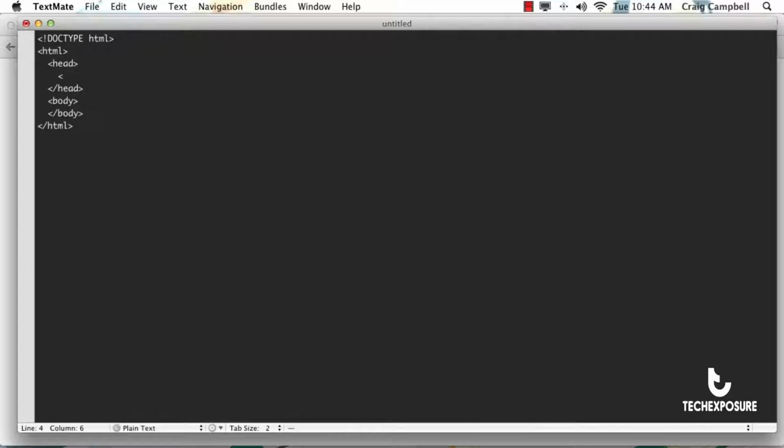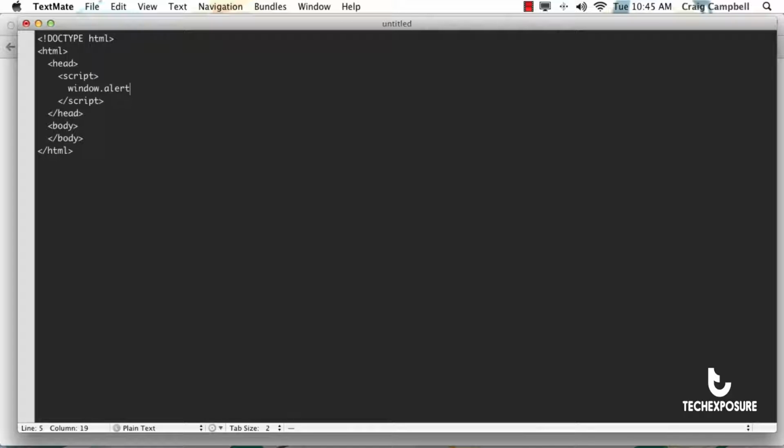So we're going to put a script tag inside the head of our document. And with HTML5, the default script is JavaScript, so we don't have to put type equals JavaScript. Instead, we could just put an opening and closing script tag here, and then inside those script tags we can put our JavaScript code. Well, if we wanted some kind of alert box to pop up whenever we opened our page, we could do that using the